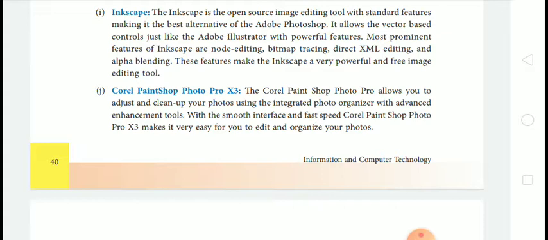It allows vector-based control just like Adobe Illustrator, with powerful features. The most prominent features of Inkscape are node editing, bitmap tracing, direct XML editing, and alpha blending. These features make Inkscape a very powerful and free image editing tool.